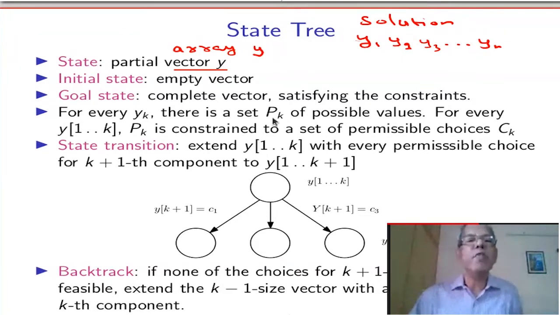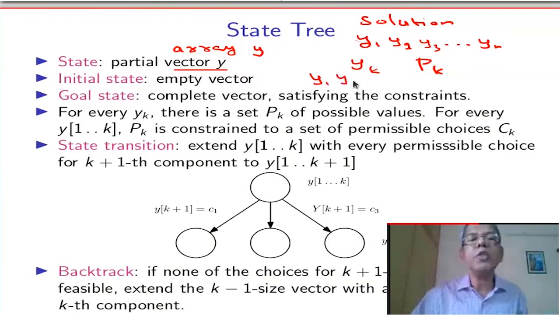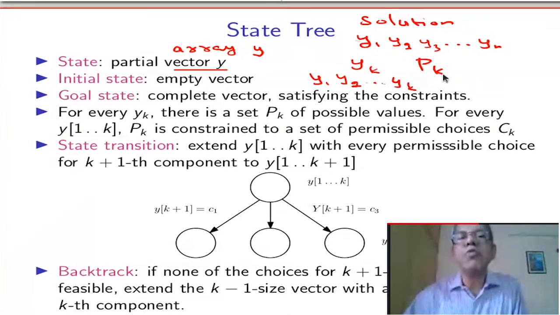Taken individually for yk, we have a set pk of possible values. But taken together with y1, y2, and so on, yk minus 1, some of the values which were possible for yk individually may not be possible